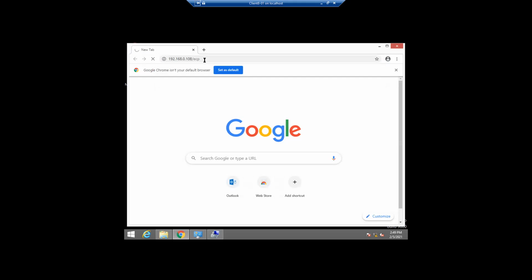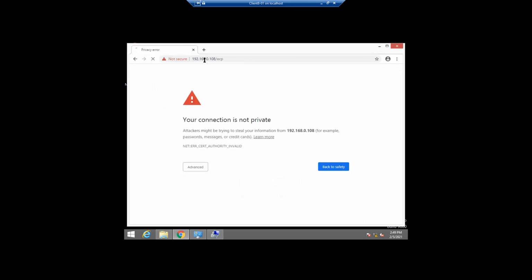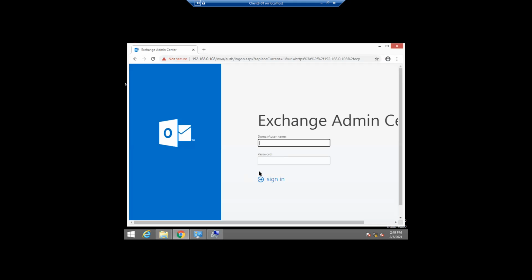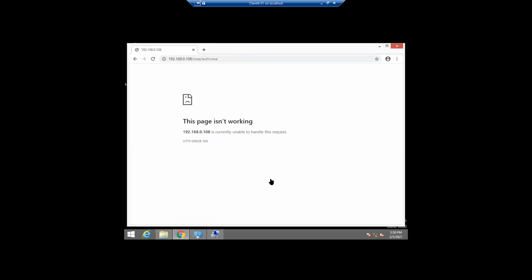So this is okay, it is opening. Okay, advanced, so we can proceed, no issue. Now I'm typing digisoltraining.in, which is my domain name. The username is Exchange admin, and I'm typing the Exchange admin password. So I'm signing in, it's supposed to sign in. Here you can see the performance is also good.